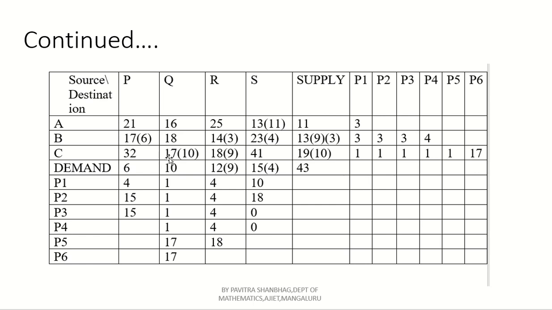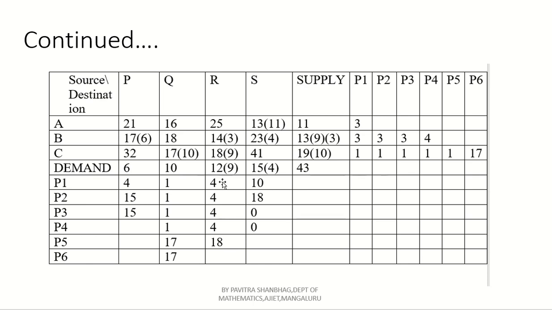Now here, penalty 5, what is penalty 5? 17 only, because there are no two terms left to compute a difference. Simultaneously, what is the penalty for this particular column? 18 only, because nothing is left to take its difference. So 18 only is the penalty. Simultaneously compute the row-wise penalty P5. 18 minus 17 means only 1 remains here. So which is the highest penalty? 18 is the highest penalty.